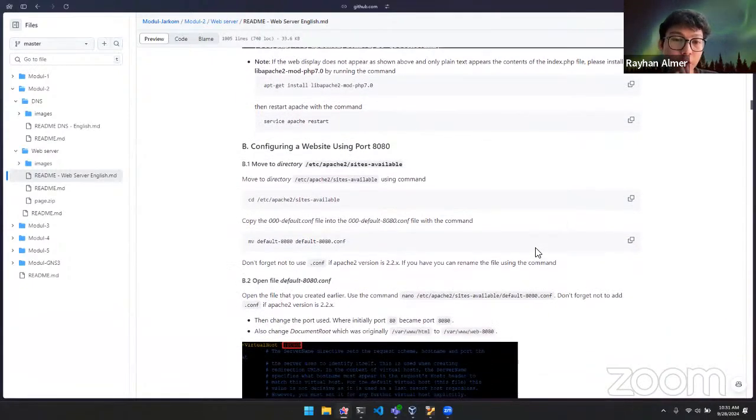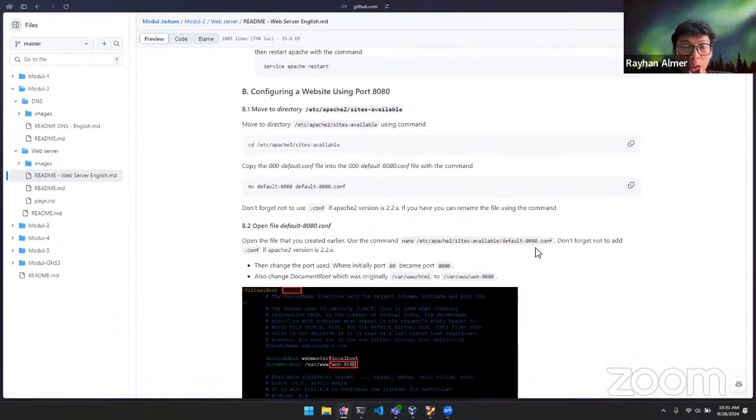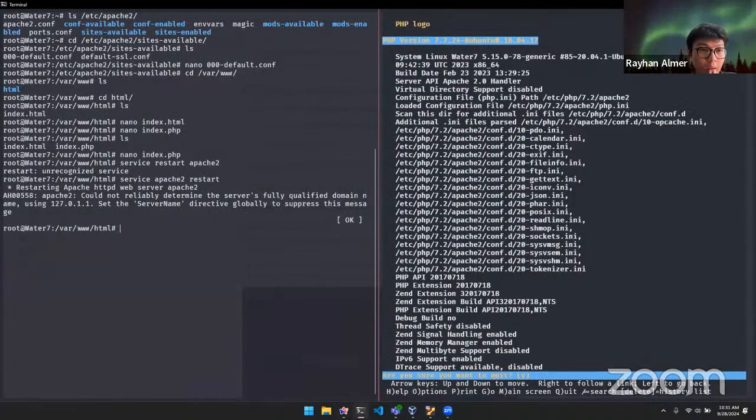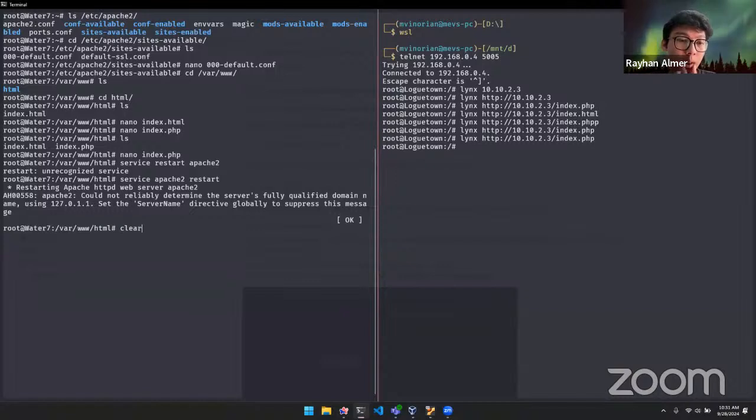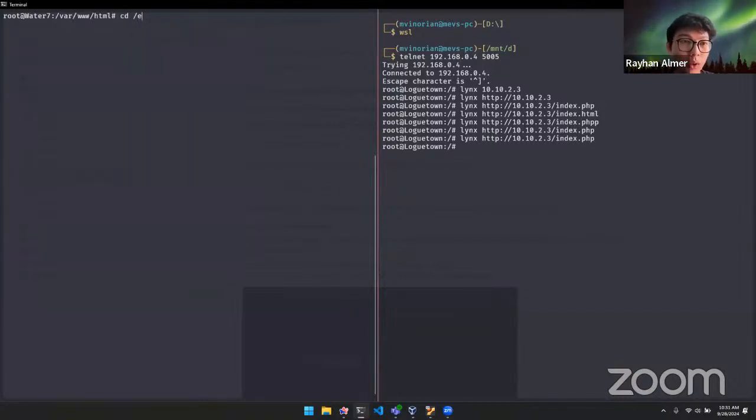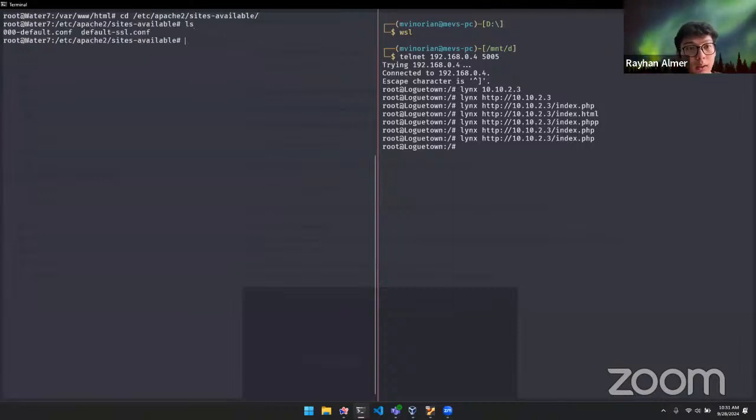Now we will try to configure the website, but using port 8080. In the Apache web server node, we will go to the sites-available directory. Then we will copy the 000-default.conf using the cp command to a new file named default-8080.conf. Okay, after you run this command,